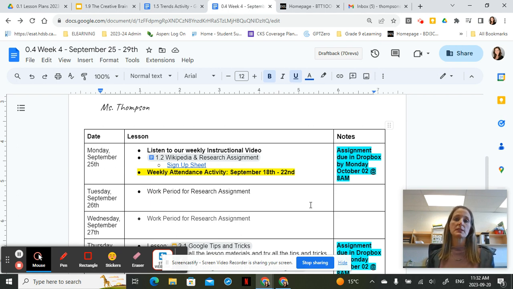Specifically, we're going to be talking about Wikipedia. There are so many different sources and different ways that we can find information on the internet, and often our teachers will actually tell us, don't use Wikipedia. And really, they're right. We don't want to consider Wikipedia a viable or credible source that we would actively use as some of our major sources of research. But we know that it's also a really great place to start. So it's really about learning how we use Wikipedia in research, and that's the focus of our learning at the top of this week.